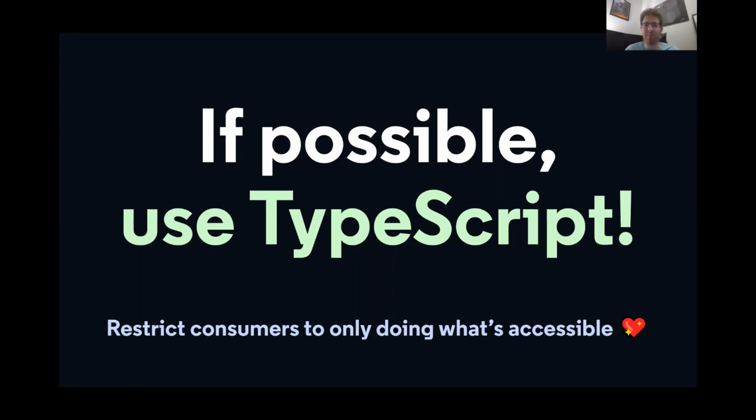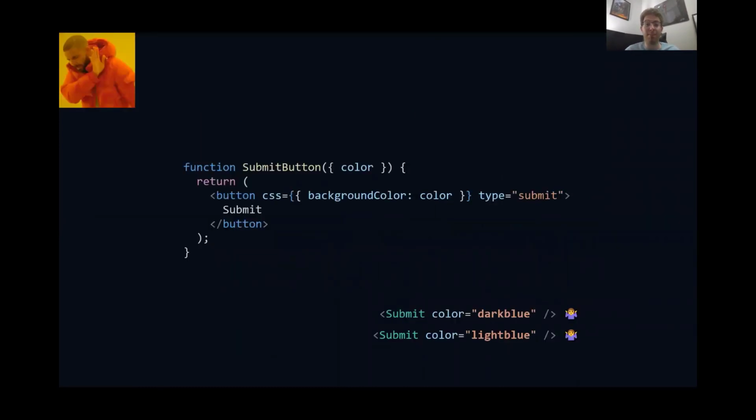Let's take an example. Suppose you're making a submit button component and removing all the fancy things that might come with it, like on click or different color areas. Let's just say there's a background color that comes in as a prop. This component doesn't tell people which props are fine, what's known to be accessible, how does it align to the design system. So you can pass in whatever you want, and we have no idea just looking at this slide. Is dark blue okay? Light blue? What do we do? Enter TypeScript.